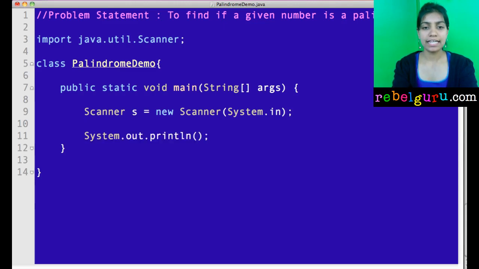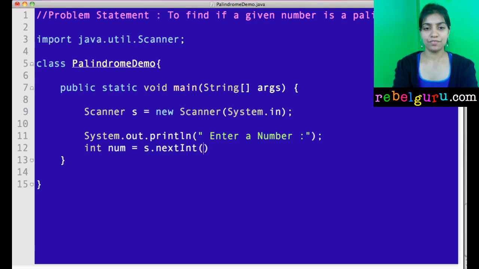Alright, so the first thing I need to do is ask the user for the number, which we will check for its palindromeness. So I'm just going to say enter a number. And I'm going to store it in an integer called num. So I'm going to write int num is equal to s.nextInt(). This is fairly simple.